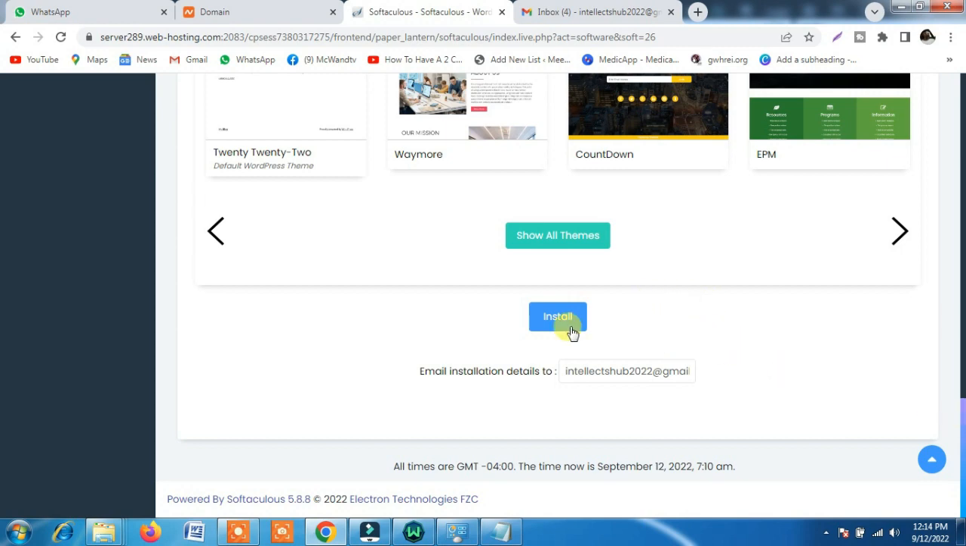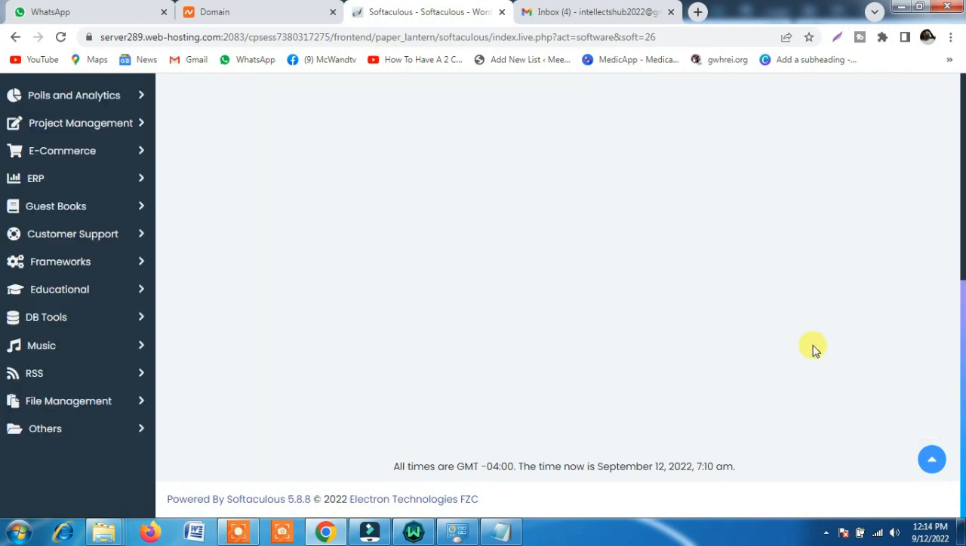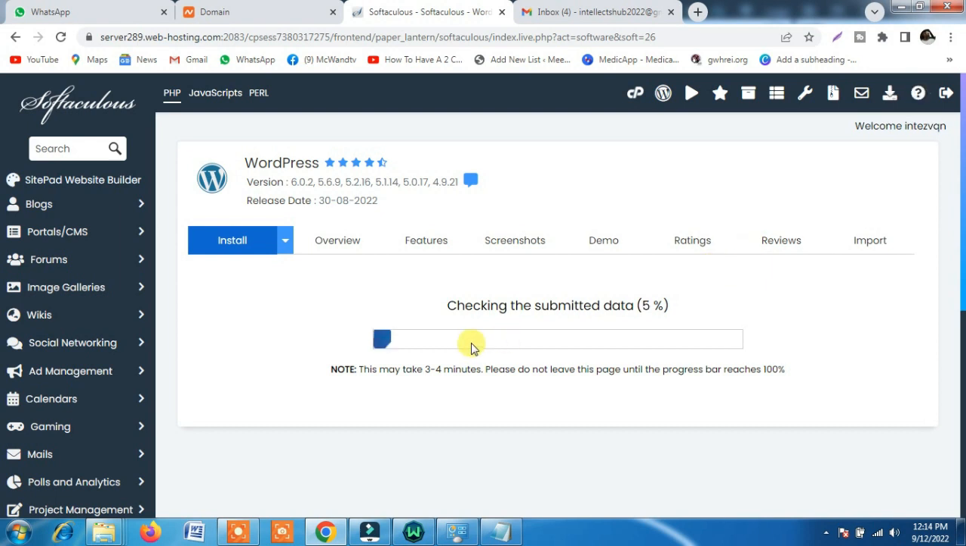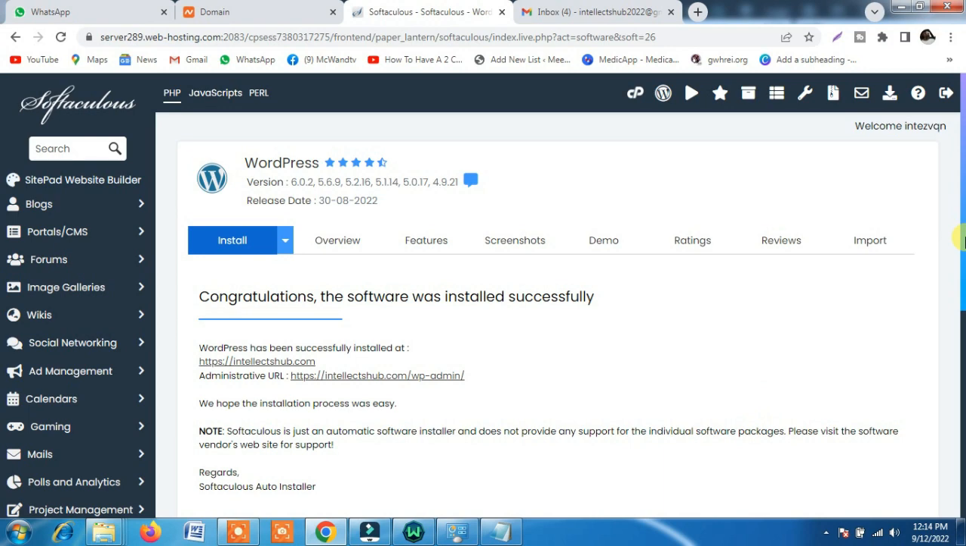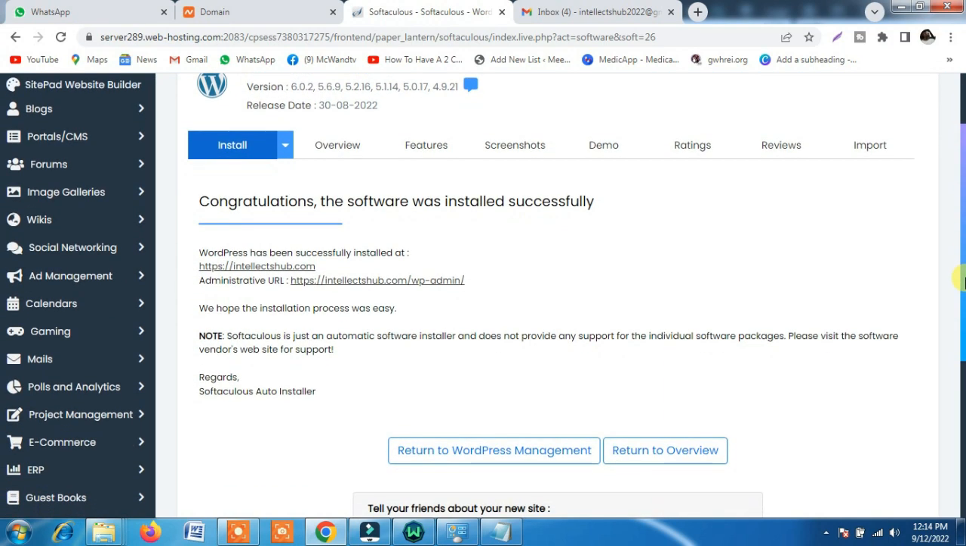Now all you need to do is hit install, and it will just take a few seconds. You're done. So it's installing, and boom, we're good to go. Congratulations, the software was installed successfully. Now we've successfully installed our WordPress, and so to access that,